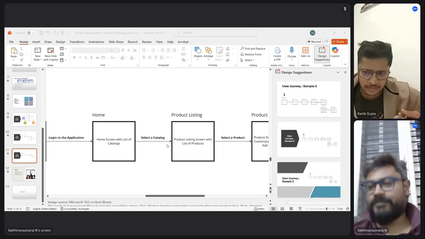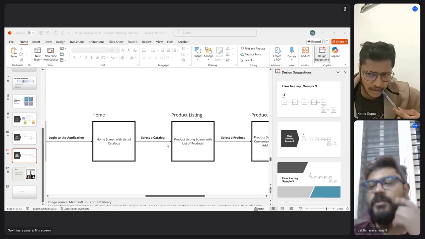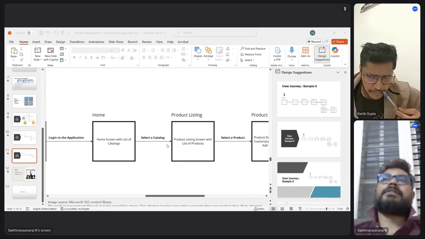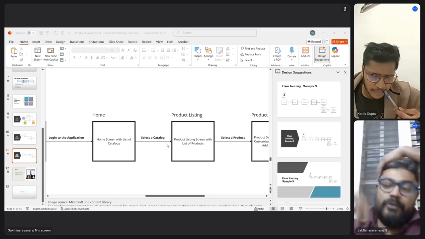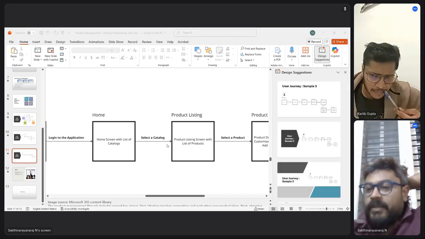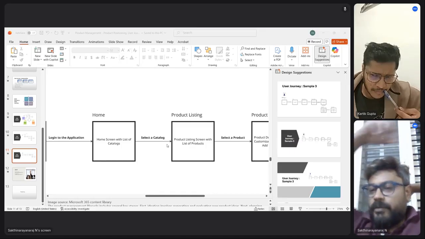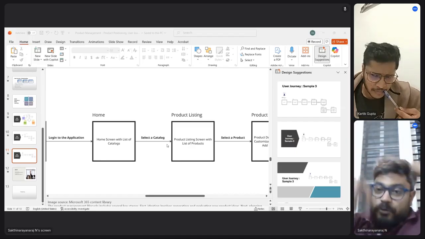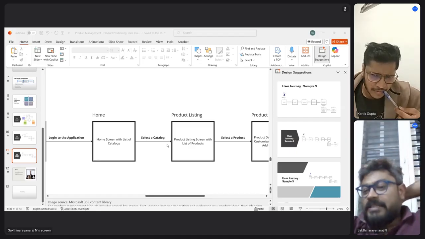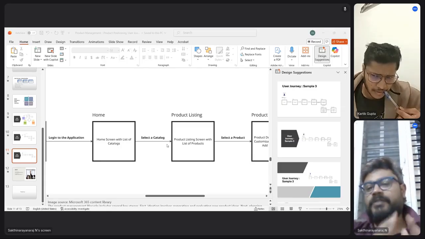You can get into the details. So basically, user journey is like a soul for understanding the end-to-end user interaction that you expect out of a user in your product, and that you want to communicate to your business, your development team, your designers, your business analyst, product owner, everything. This user journey will help.